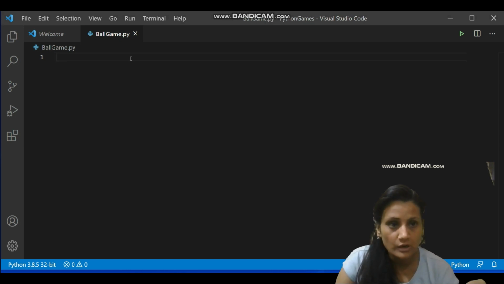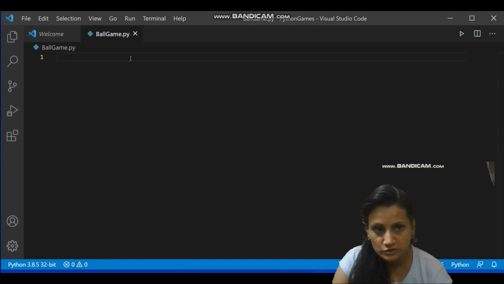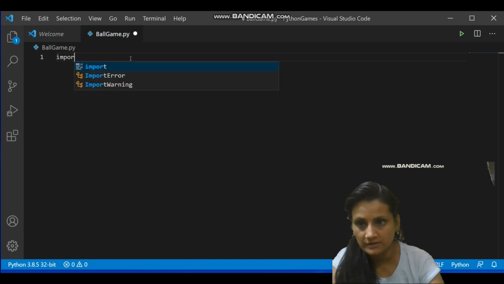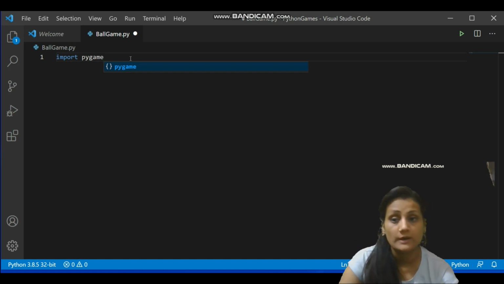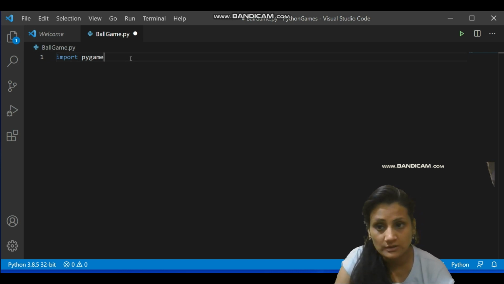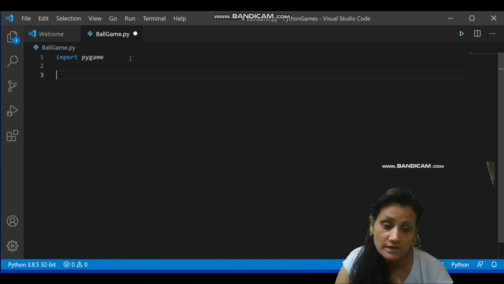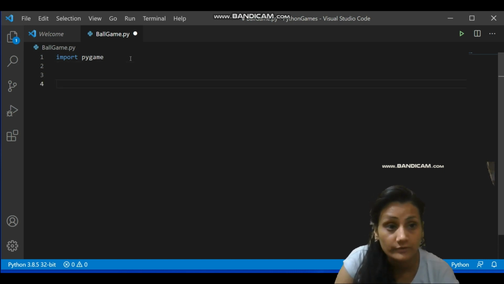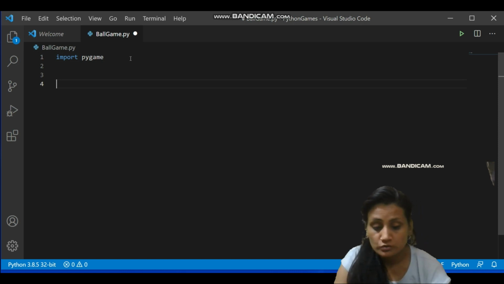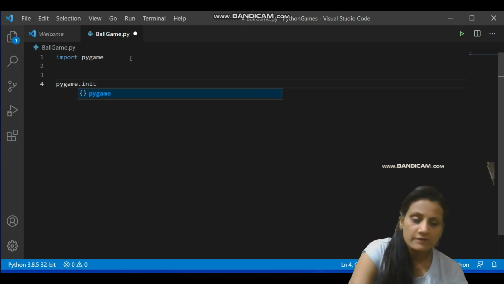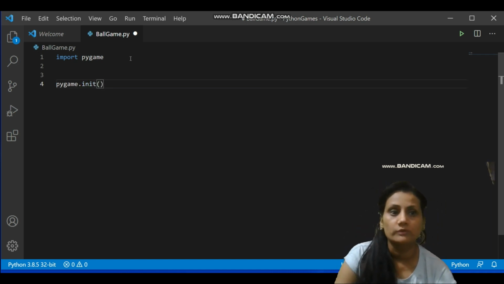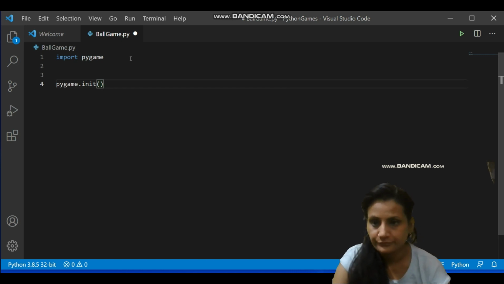See, we have imported the library. Now, the library must be attached to the program. So, I am writing the command import pygame. I am connecting the library to my program. The next thing you have to do is initialize it. Initialize means whatever functions are there, we have to make available on this particular platform. So what we are doing is pygame.init. We are instructing Pygame to do the work because Pygame has everything, okay.